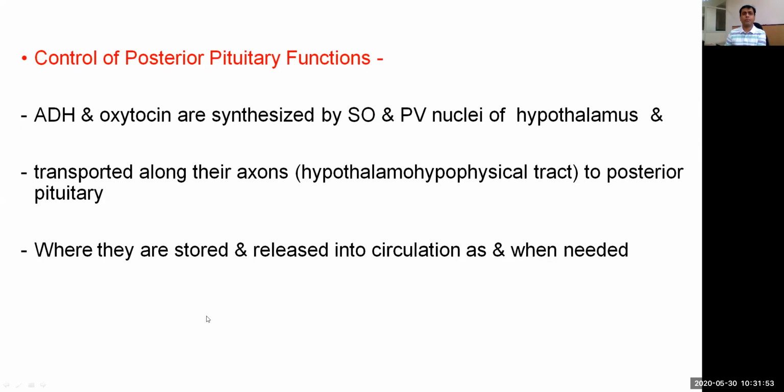Control of functions of the posterior pituitary. The two very important hormones, as we all know, secreted by the posterior pituitary gland are antidiuretic hormone, which is also called vasopressin, and oxytocin. They are synthesized by the supraoptic and paraventricular nuclei of the hypothalamus, and after being synthesized, they are transported along their axons called the hypothalamo-hypophyseal tract to the posterior pituitary gland, where they are stored and released into the circulation depending on the